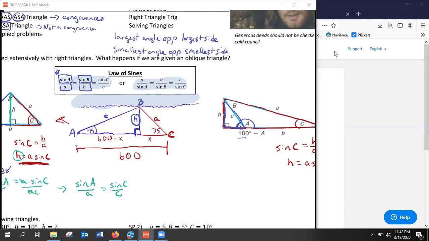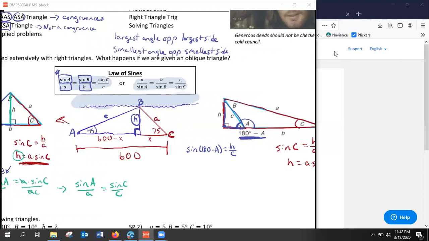So if you remember with the linear pair, the angle that I'm going to be working with in the blue triangle is 180 degrees minus that A. So I will go ahead and write the sine of 180 minus A is its opposite over hypotenuse, H over C. And we're going to pause a moment to say, okay, I have a sine of 180 minus A. Well, the sine of 180 minus A should be equivalent to the sine of A,